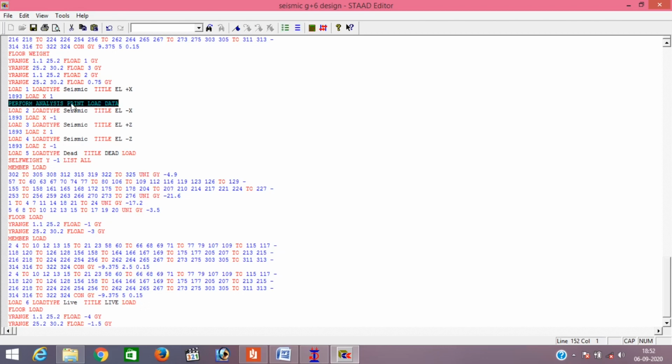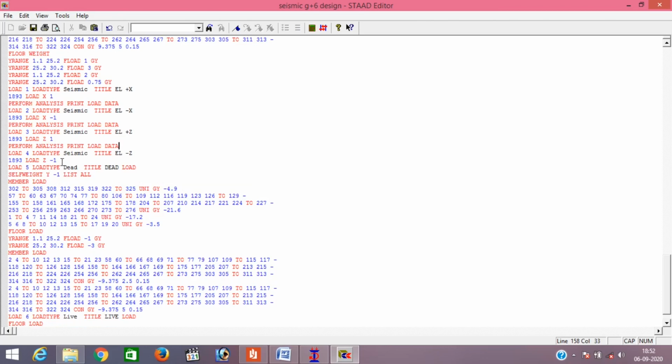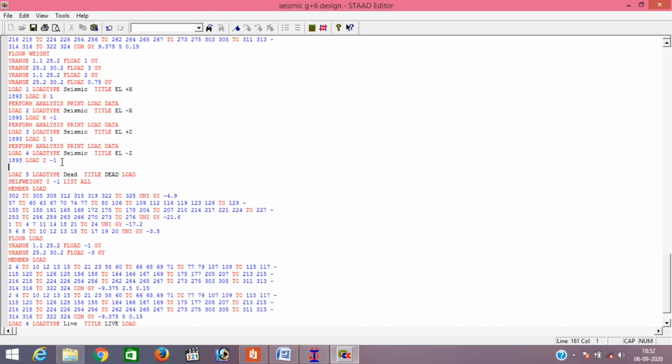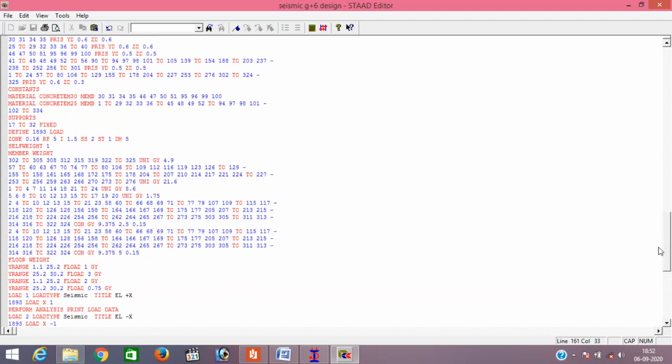After performing, it will print our load data from every load case. And just write here also. Okay, then Control S, save it. Then just check from here.